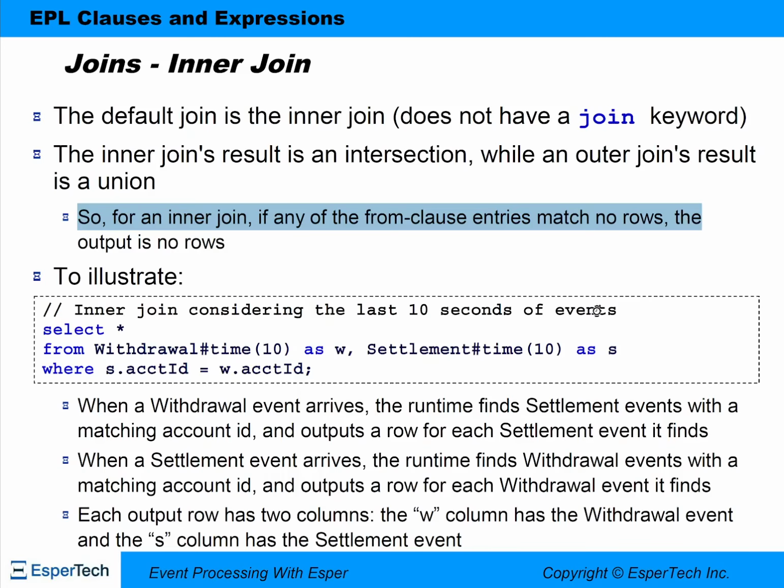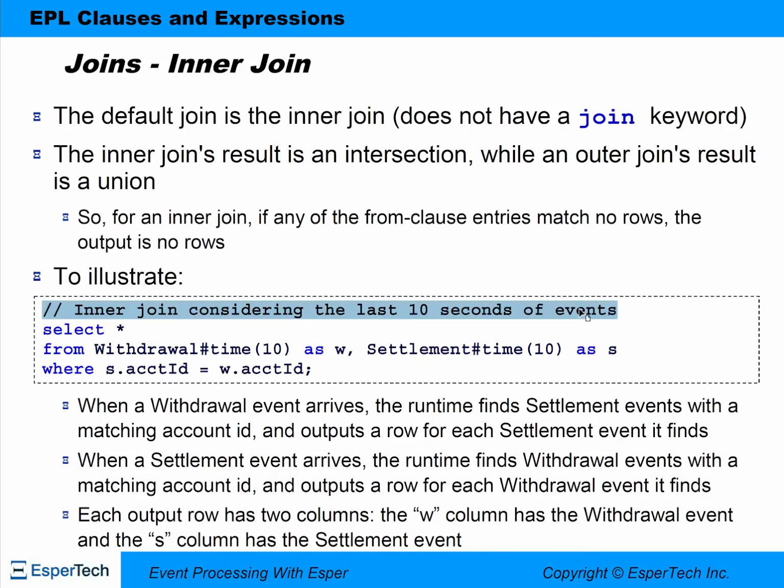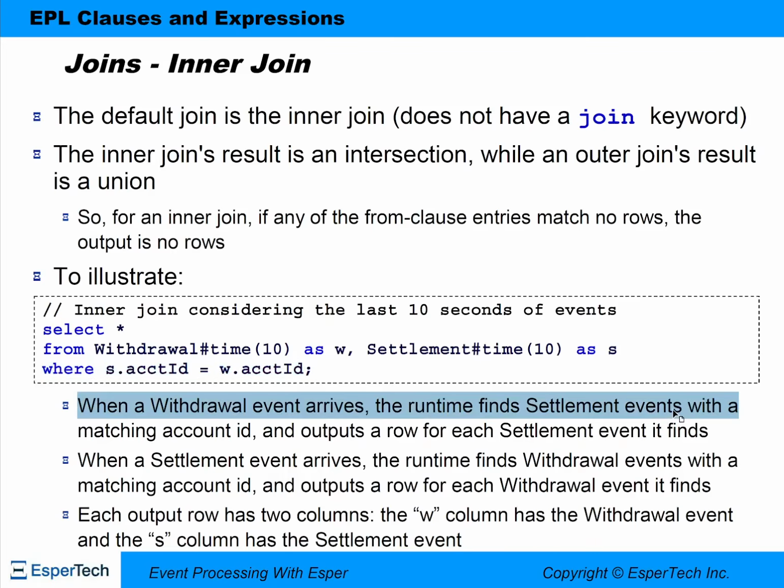To illustrate, this statement is an inner join considering the last 10 seconds of events. Select star from withdrawal at time (10) as W, settlement at time (10) as S, where S.account ID equals W.account ID. When a withdrawal event arrives, the runtime finds settlement events with a matching account ID, and